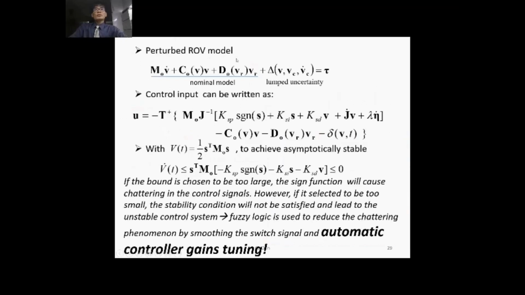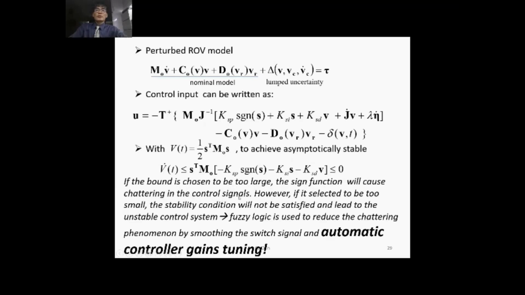So for the perturbed ROV model, first you have the nominal model, and then plus the lumped uncertainties. Alright, so that will be equal to the tau, and the control input can be written as u, which is basically minus, removing the nonlinear terms of the nominal model. And what we want to achieve is that using the control input, the V, which is the energy term, we can determine the V dot so that it is less than or equal to 0 in order to achieve asymptotic stability. So if the gain is chosen to be too large, the sign function will cause chattering